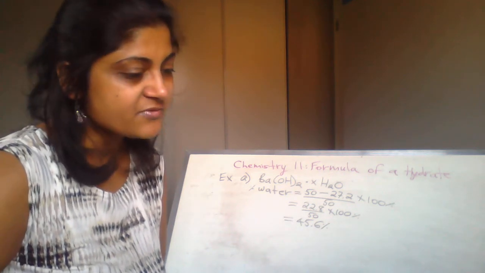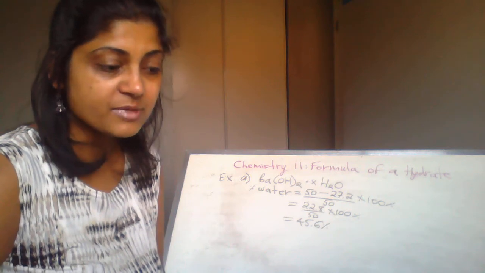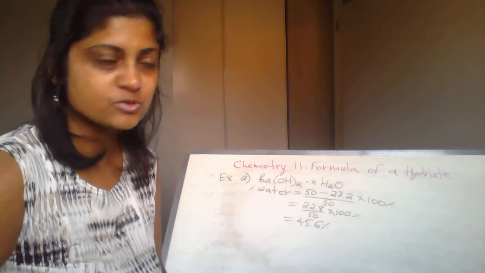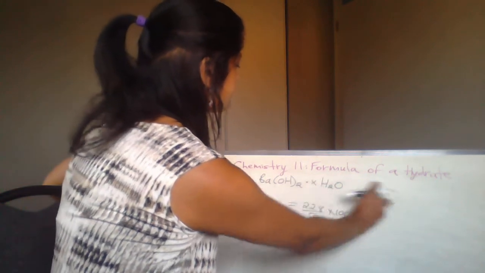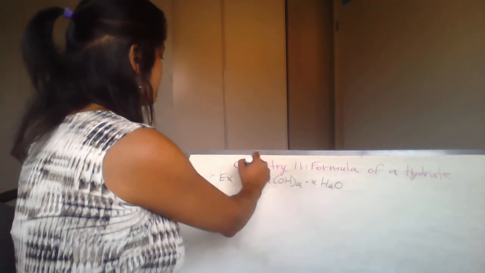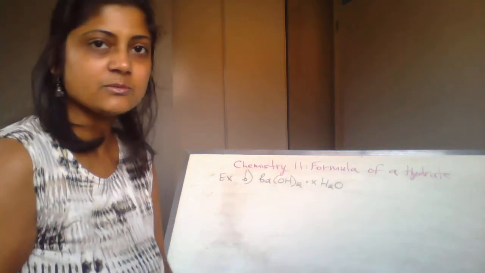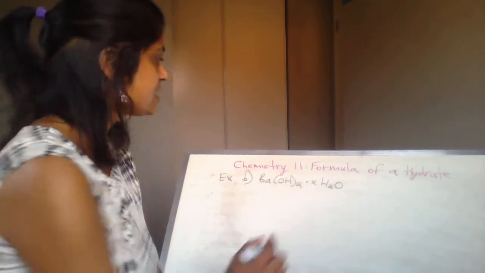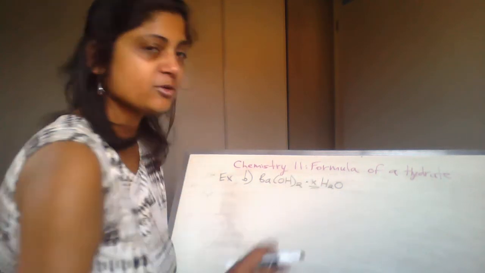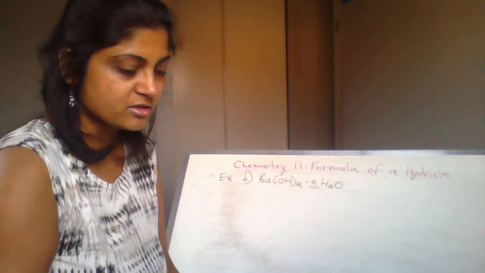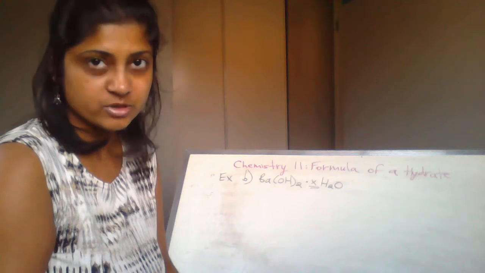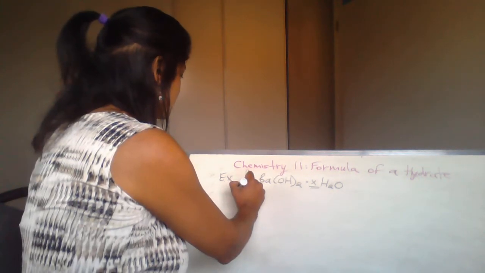So part B says find the value of X in the barium hydroxide XH2O compounds. Okay, I'm going to just take off part of this. Okay, so I'm going to put B here now. So I'm going to leave the formula up there. Okay, so what we're looking for is just this value of X. Okay, so what we're going to do, okay, is let's start off with the barium hydroxide. And I have to find basically the moles